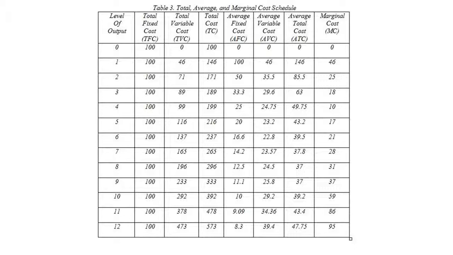Allocative efficiency occurs, according to the model, when the price is equal to the marginal cost. Thus, in long-run equilibrium, price is equal to average total cost is equal to marginal revenue. All curves come together at a single point. In the market illustrated here, this would occur at a price of $37, with each firm producing 9 units of